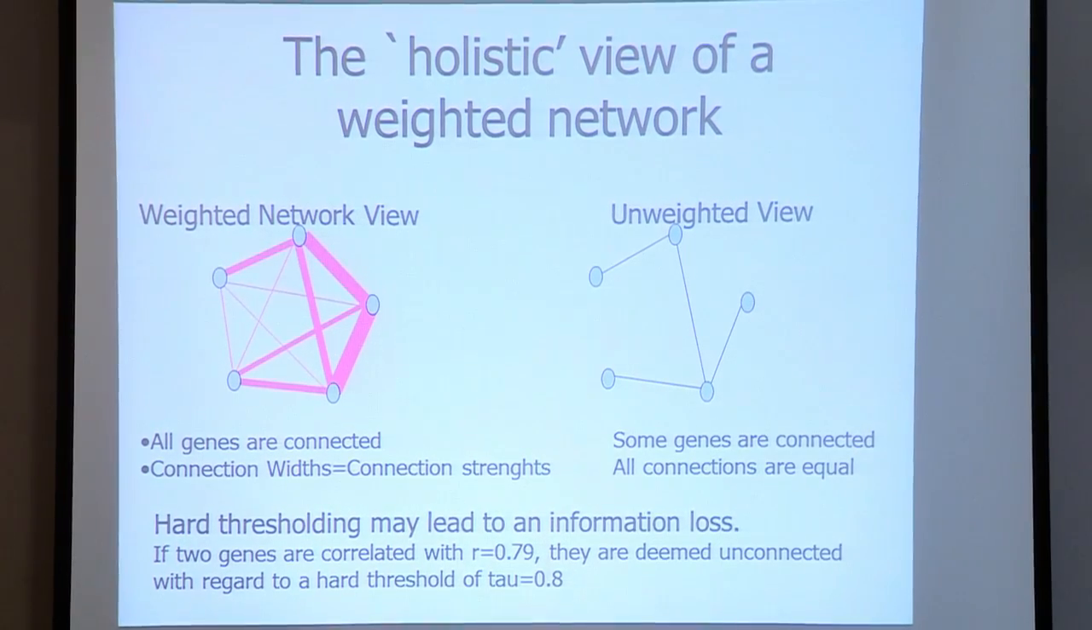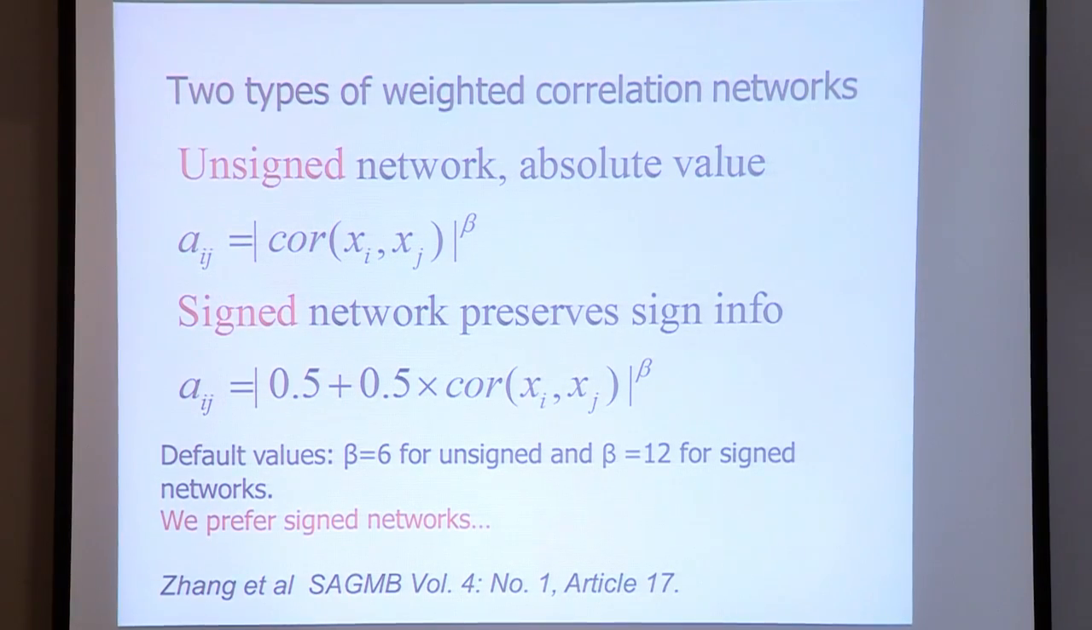Now, let me describe how we construct a weighted correlation network. When we have a correlation coefficient, which is a number between -1 and 1, we have two options. We can define an unsigned network or a signed network. An unsigned network